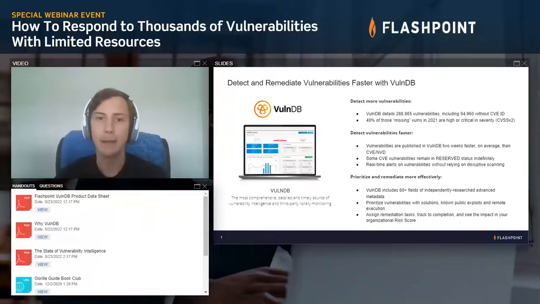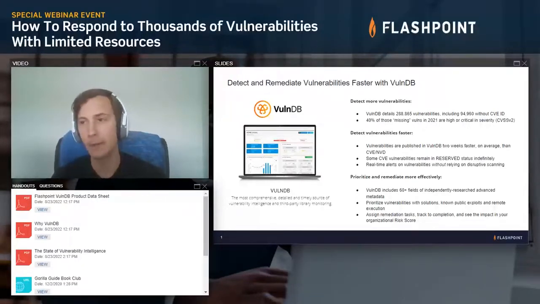So I like to think about the strengths of VulnDB as having 3 dimensions. And one of those is more, right? There are more vulnerabilities, and that's kind of what we've been speaking to. There's a bunch of stuff not covered in CVE, and then our coverage of technologies is really good too. And Brian has touched on this a little bit, but COTS, IT, OT, libraries, hardware, software,